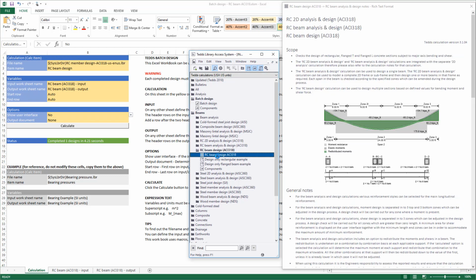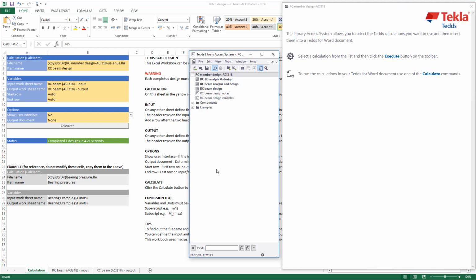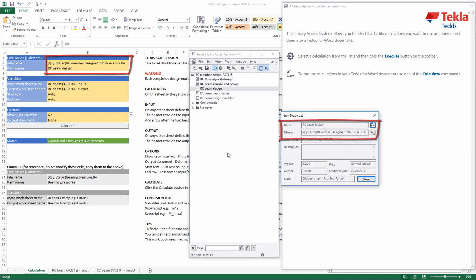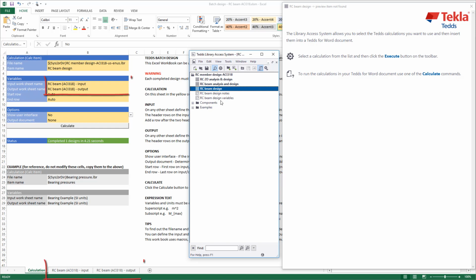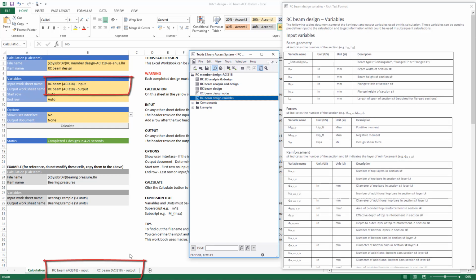This video will use the reinforced concrete beam design calculation to the ACI 318 code. The file name can be found in the Components folder by right-clicking on the calculation name and viewing the properties. The TEDS batch design worksheet has already been set up with separate input and output worksheets to define the required